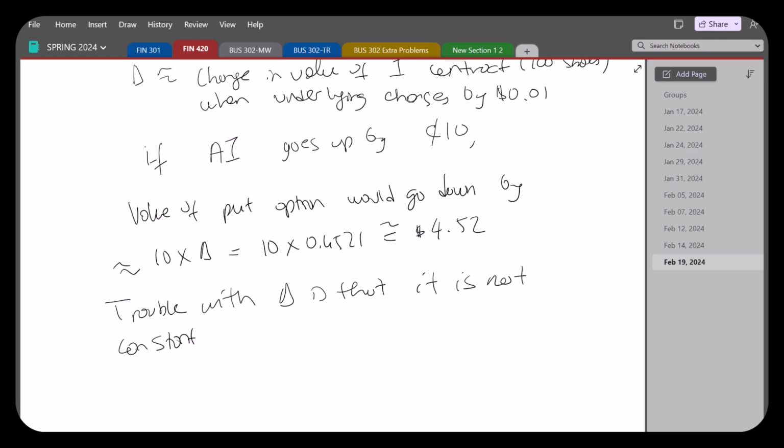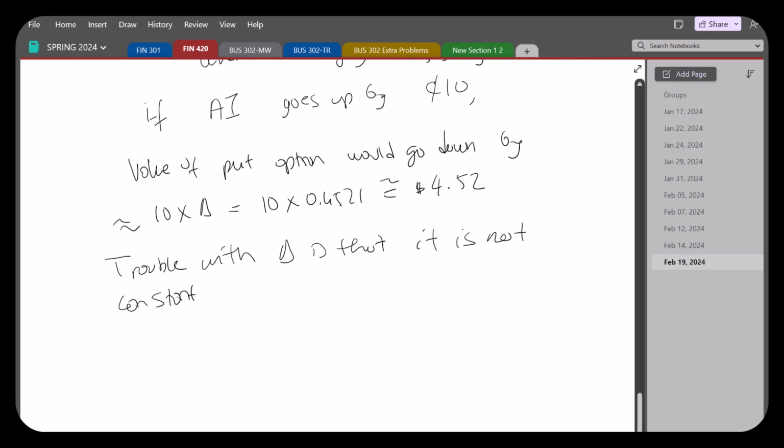So things change. Or if the price is $40, the chances of that option ever being in the money is very close to zero. So at $40, delta is going to be very close to zero. But if you went to 41, delta is going to be even lower, but not by much. Okay? So delta is not constant. So you have what we call